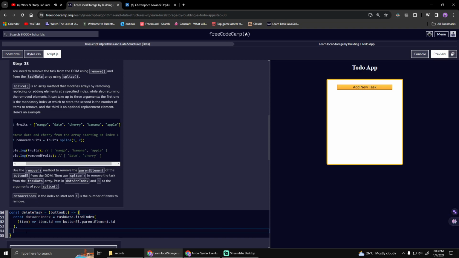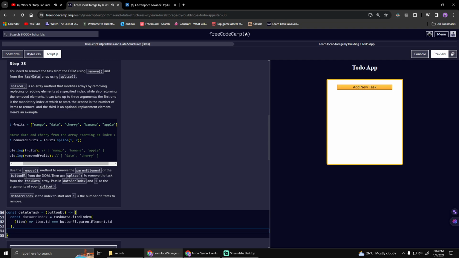So it says here to use the remove method to remove the parent element of the button from the document object model. So we use, and then call first the button element, and then interpolate the